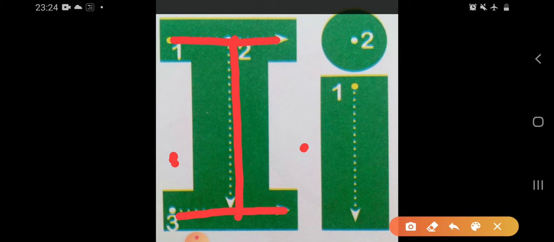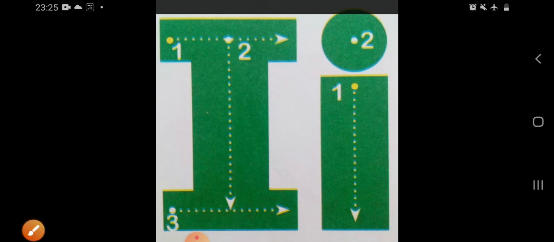Okay. And see the next I. This is small I. Very easy. A standing line and a dot. Yes, standing line and a small dot. So this is small I, this one is small I, and this one is capital I. Say I, E. I, E. Yes. Okay. Now I'm going to show you some pictures.